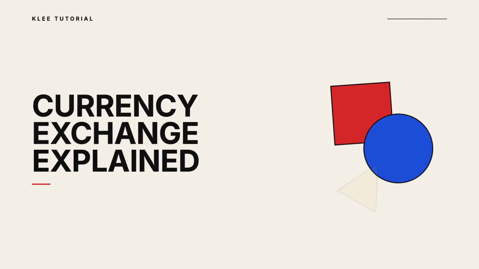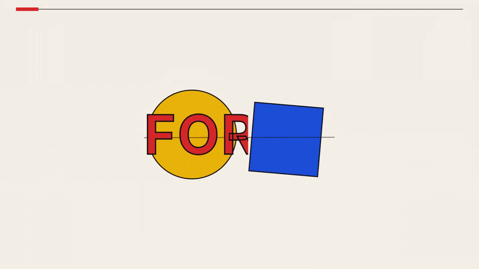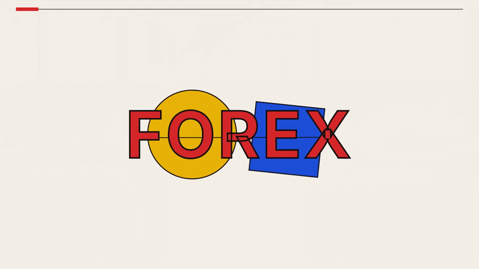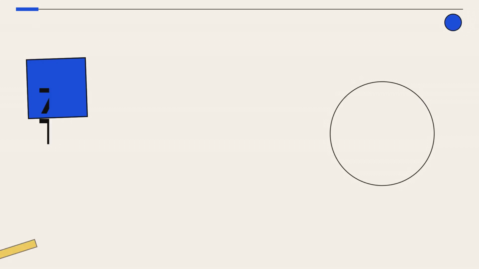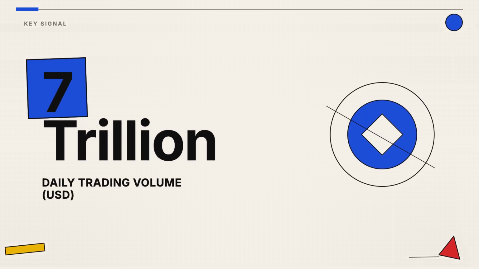Ever wonder how money changes hands across borders? Here is how currency exchange works in the global market. The foreign exchange market, or forex, is where currencies from different countries are traded against each other. This is the largest and most liquid financial market in the world, with trillions of dollars changing hands every single